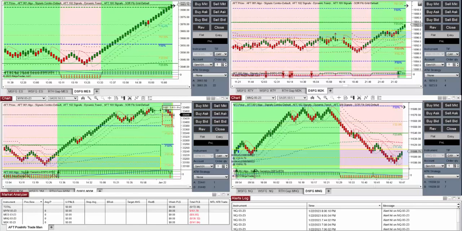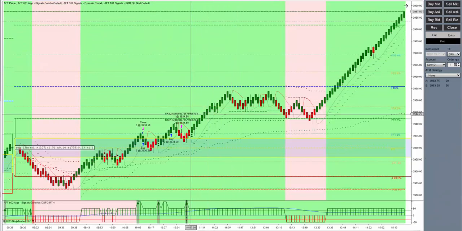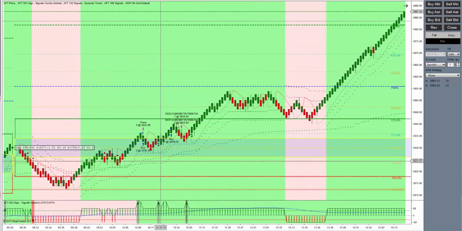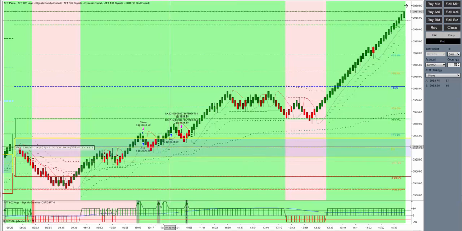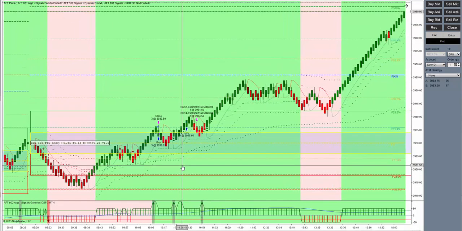This is the Algo Futures Trader weekly market roundup, and this is an opening morning breakout strategy. This is pre-programmed. It's a template that's built in. You just open it up, turn it on. Right now, you do have to manually execute the trades. The auto execution feature is coming shortly, but once the trade is executed, it will fully manage the trade for you from there. So I was just going to go through some of the trades in our trading room this